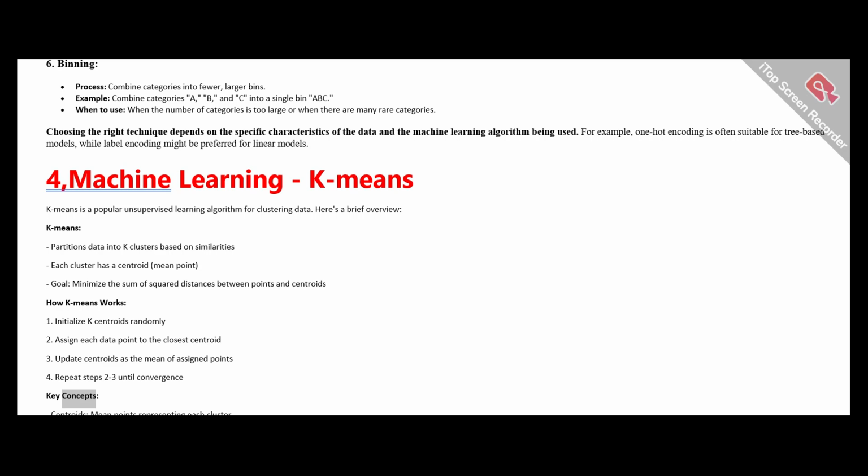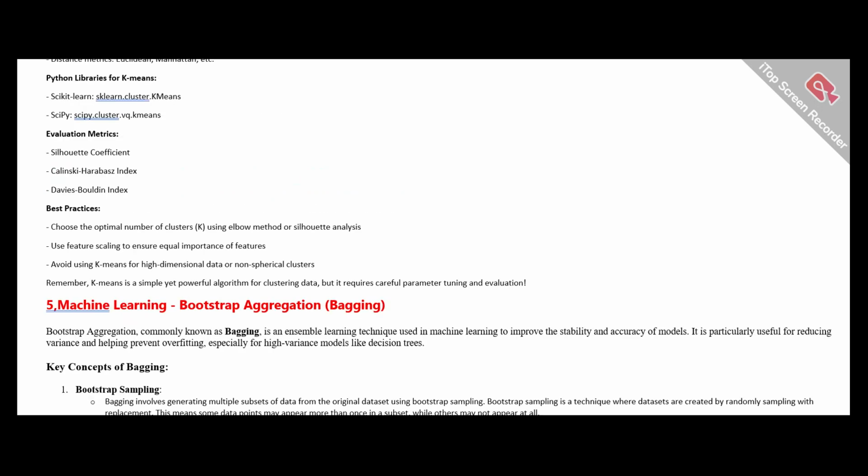Key concepts. Centroids, mean points representing each cluster. Clusters, groups of similar data points. Distance metrics, Euclidean, Manhattan, etc. Python libraries for K-means: Scikit-learn, sklearn.cluster.KMeans, SciPy, scipy.cluster.vq.kmeans. Evaluation metrics: Silhouette coefficient,